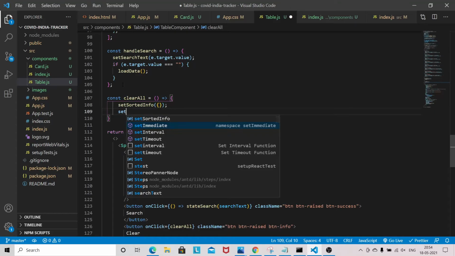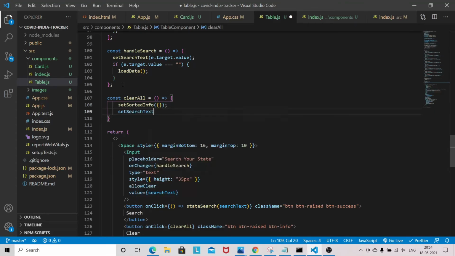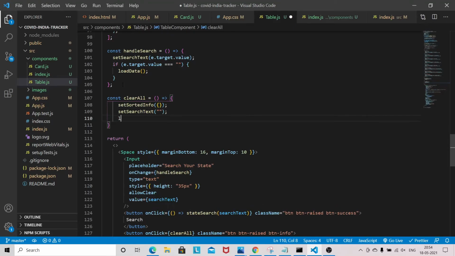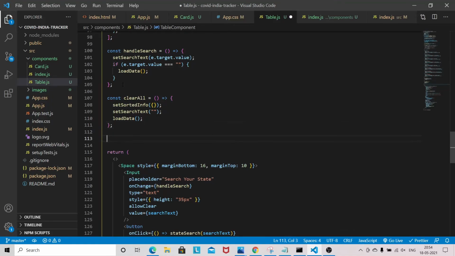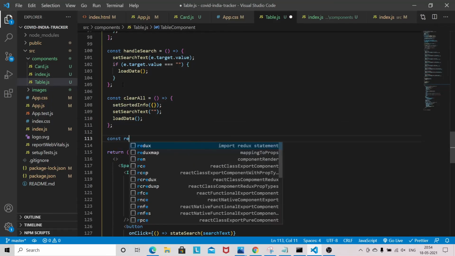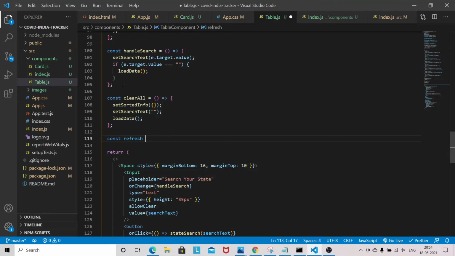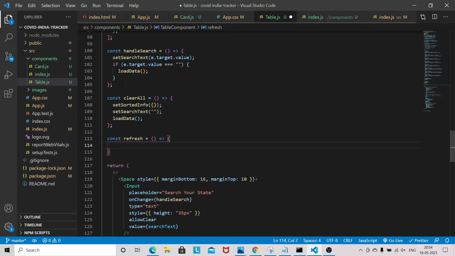Set search text, and we have to load the data as well. Now refresh. So refresh basically will do the reload. Okay. So window dot location dot reload.